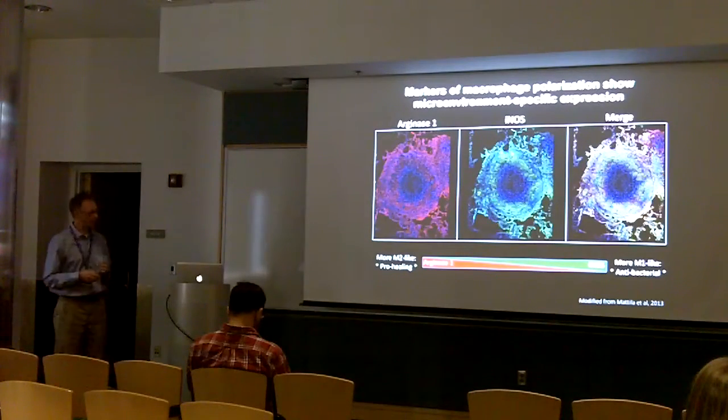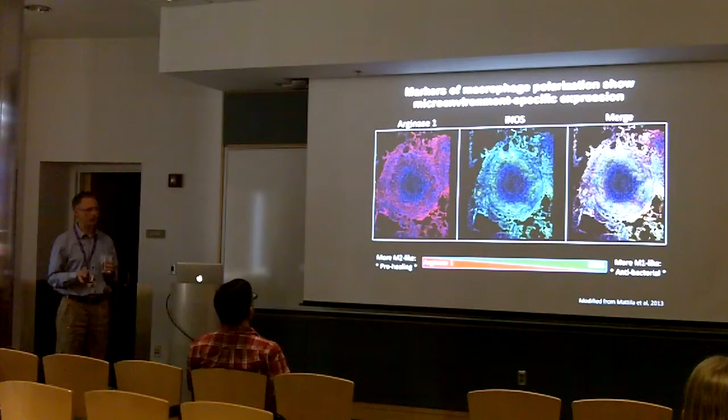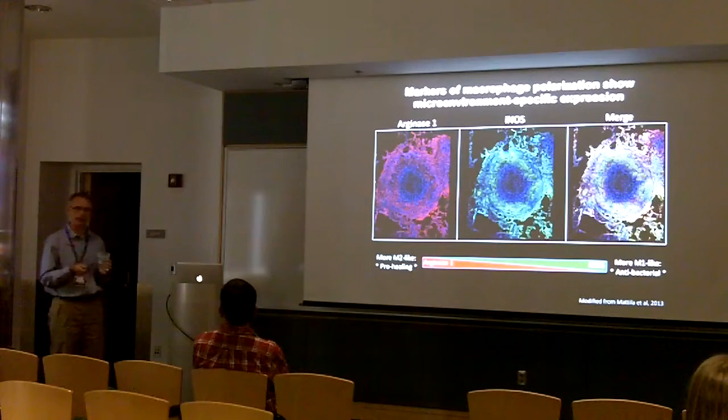These regions are also functionally distinct. If you stain for arginase and iNOS, two enzymes that compete with each other for arginine, and iNOS is an important anti-mycobacterial factor in tuberculosis, what you find is that these epithelial macrophages are enriched for iNOS, and the bulk of the arginase expression occurs up here. But there is some arginase expression in those epithelial macrophages. So it's hard to find